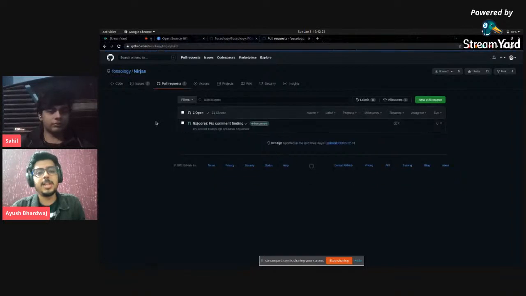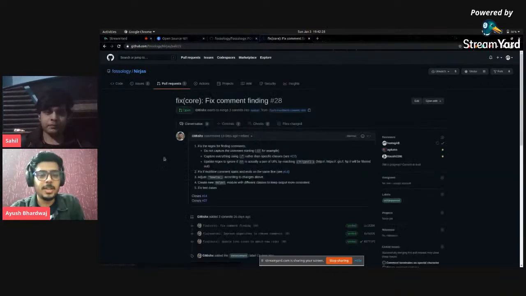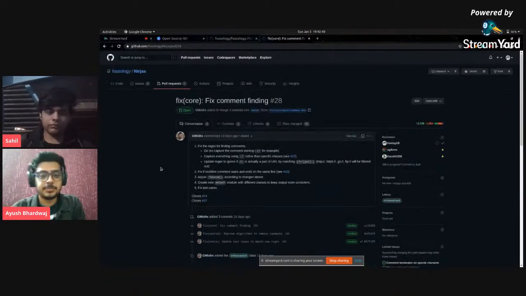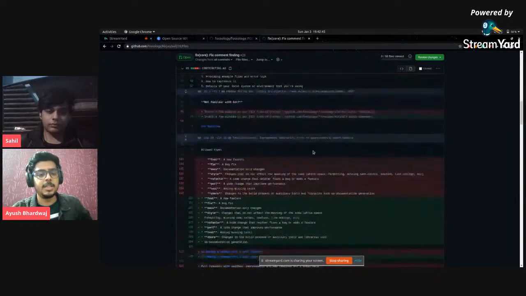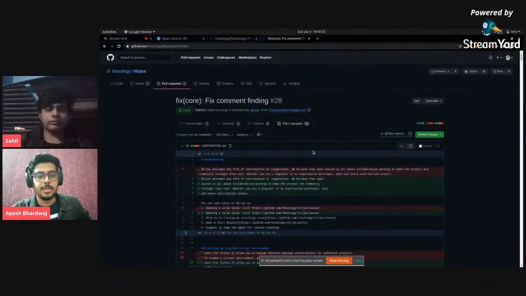Also, when anybody opens a pull request, the maintainer's responsibility is to review that. First I will ask another maintainer to review that. After their approval, it's my responsibility to merge it. The other maintainer who reviews will go through all of the changes you have done and test that out. Let's say a new feature is implemented here, and it's my responsibility to test that feature. So I will test that locally or on different platforms that this project supports. And after the approval, I will